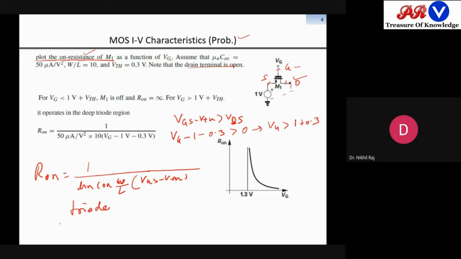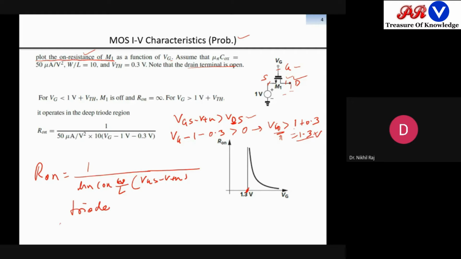So let's assume at drain and source it is at this voltage. This means my VG, when it is greater than 1 plus 0.3, is 1.3. So when my VG is greater than 1.3, then my MOSFET will get turned on. Oh, sorry, then it will be in the linear region. So with this assumption that it is going in linear region, my required VG should be 1.3 volt, and otherwise it should be greater than that. So we got the lower point of VG, that is 1.3 volt, from where the triode region will be seen.